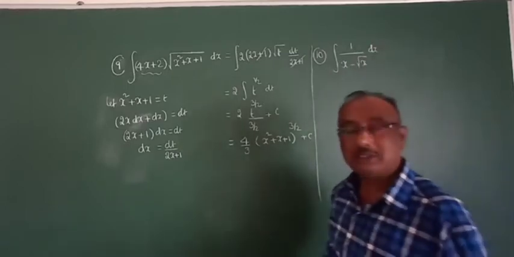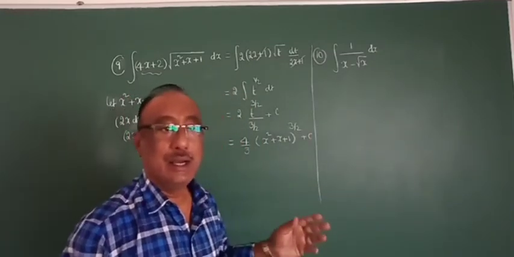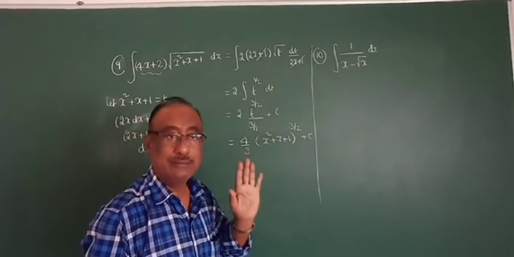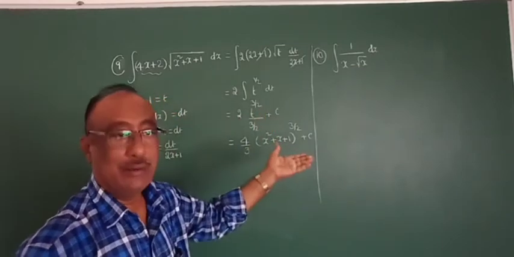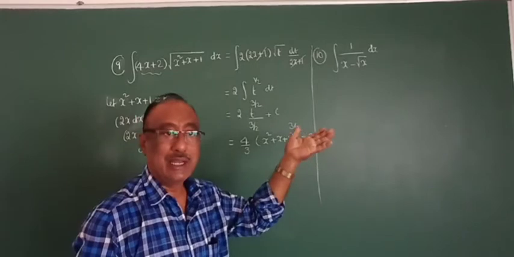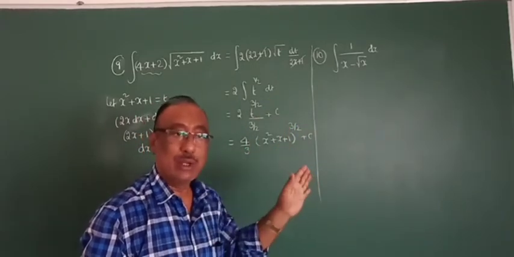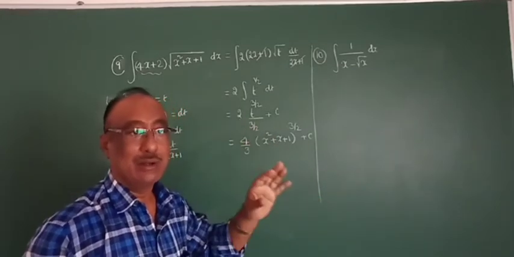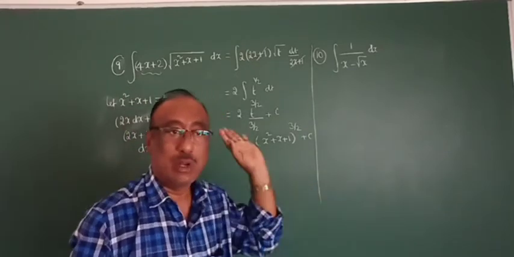So how can you do it, sir? This problem is not a multiplication but u by v, with no direct formula. We can do the compulsory substitution method. 1 by function is u by v, so I can bring it to the numerator, use the power formula first, and then do the chain rule. Yes, we can do that, no problem. But first we have to search for the easiest method. Otherwise we can go through the chain rule, no problem.